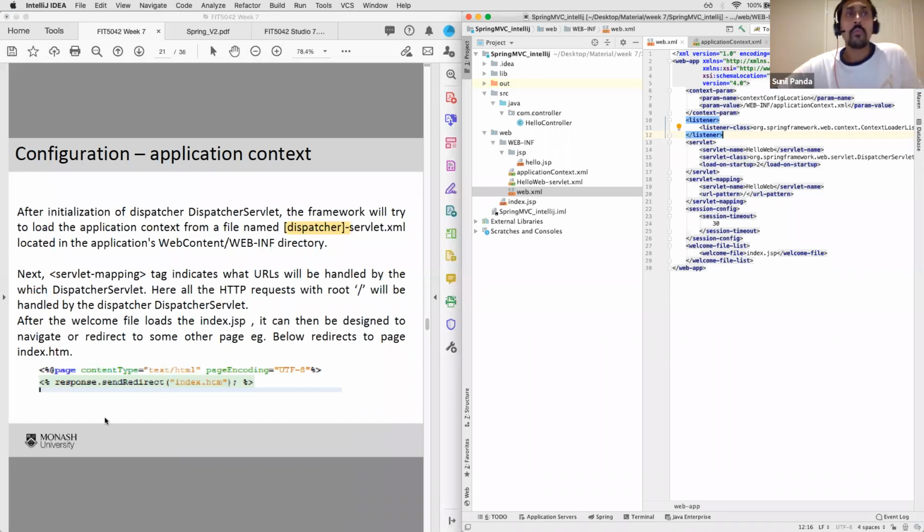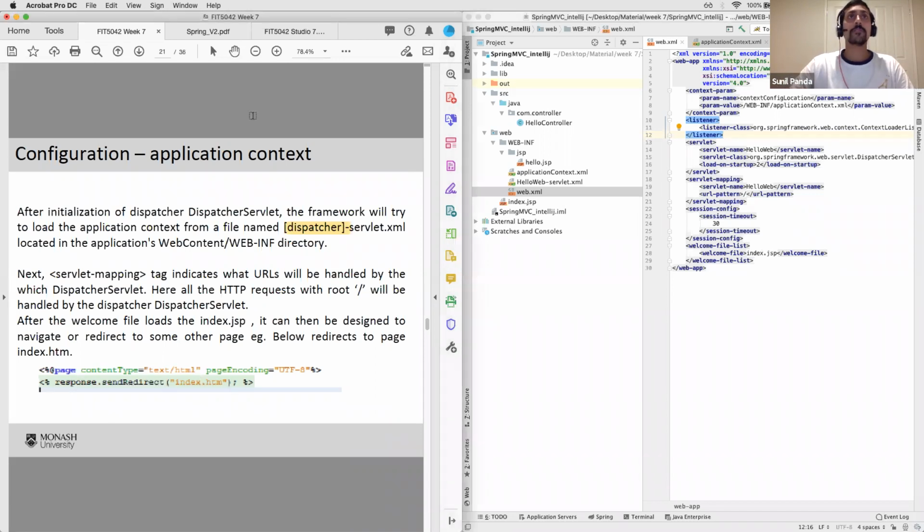Right. So we were saying that if you have on your welcome index.jsp something that has response.sendRedirect,